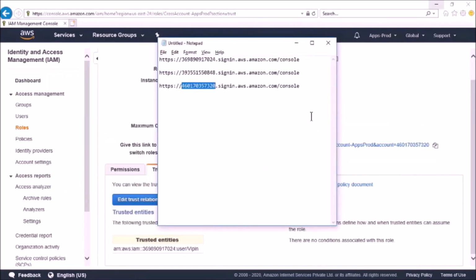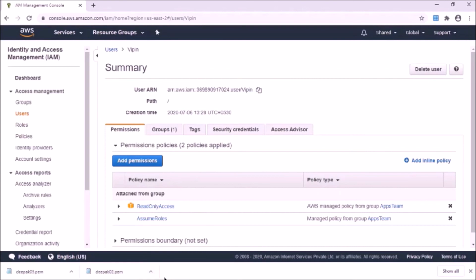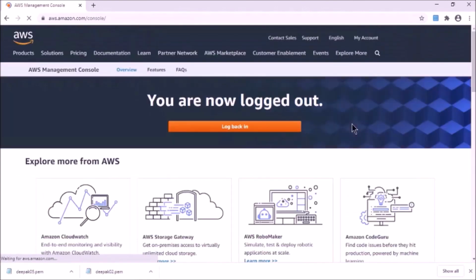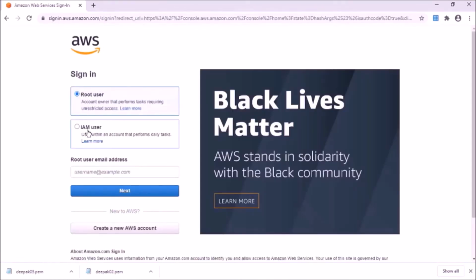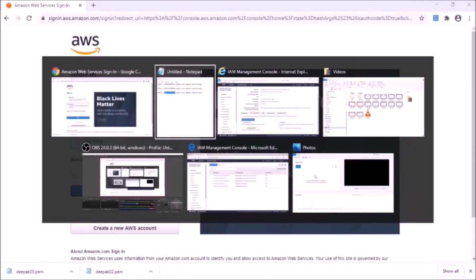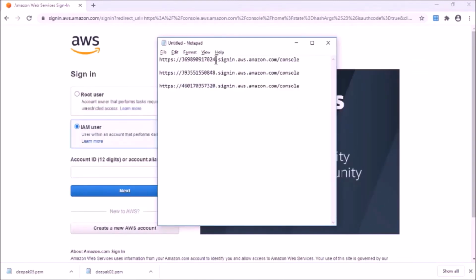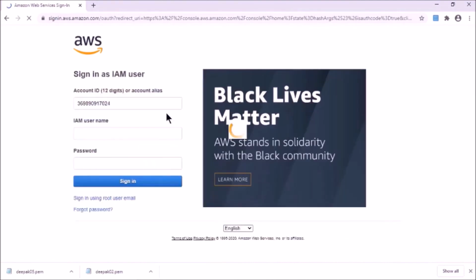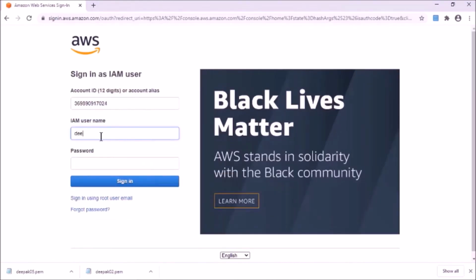Let's see if Deepak is able to switch the roles. I will log out from here as admin and I will log into this shared account with the Deepak ID. This is my account ID. I will log in as Deepak.